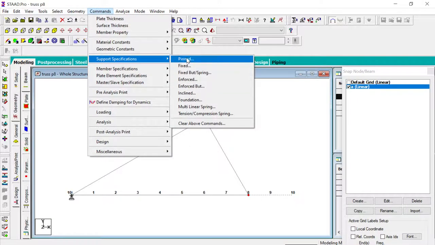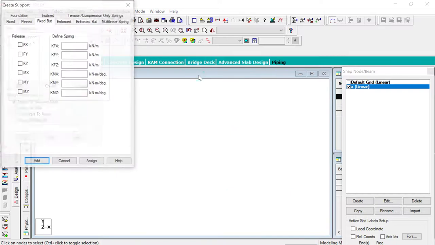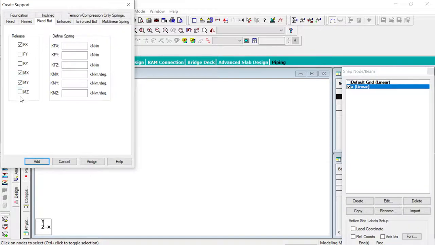Now here there is no option for a roller support, so for this case you have to go for fixed but. Here you have to release Fx, and release Mx, My and Mz. So we restrain Fy and Fz for the case of a roller support. You have to remember this part very carefully, because in STAAD there is no direct option available for defining a roller support.